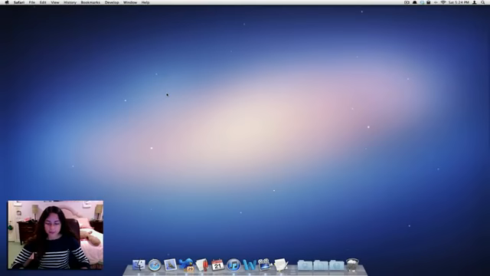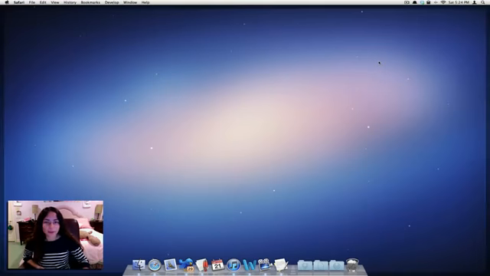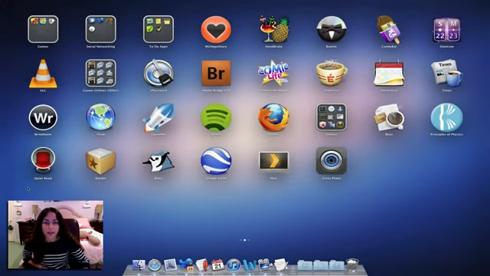And the final tip that I want to show you has to do with Launchpad. So look at my wallpaper now. You can see what it is. So if I open up Launchpad, you can see that it blurs my wallpaper as the Launchpad icons come into focus. So you can actually adjust the way that the backdrop looks on Launchpad by hitting Command B,